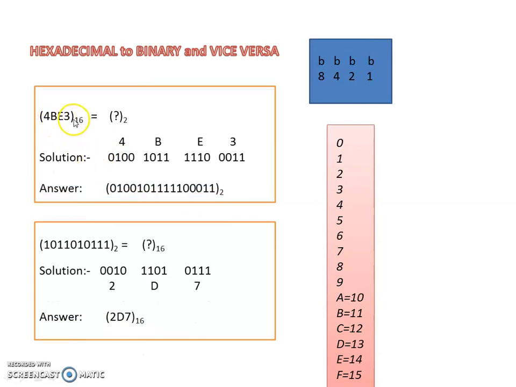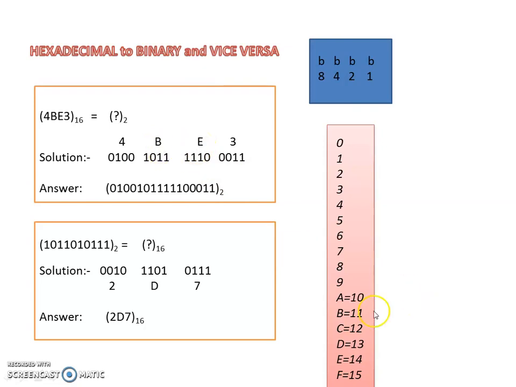Here we have a number 4BE3. We will write it separately and make groups of 4 bits, because 4 bits will represent any hexadecimal digit. So 2 and 1 are on, and the first and second bits are 0 0, so they will not be added. This is 1 1, so it will be added, so it is 3. Now E means 14. The 3 bits here are on and this is off. On adding, you will get 14, and 14 means E. You have written E here.